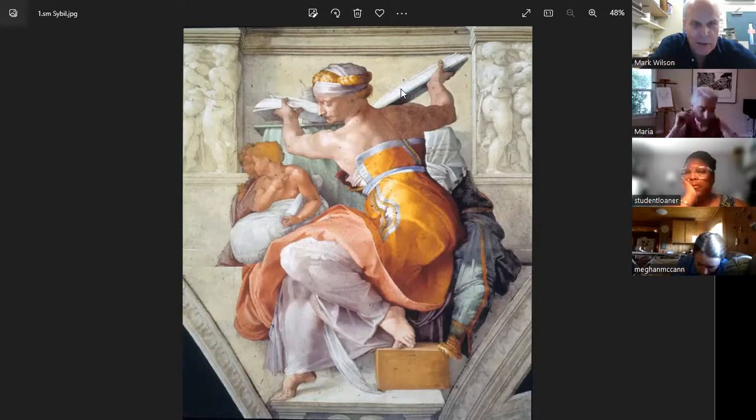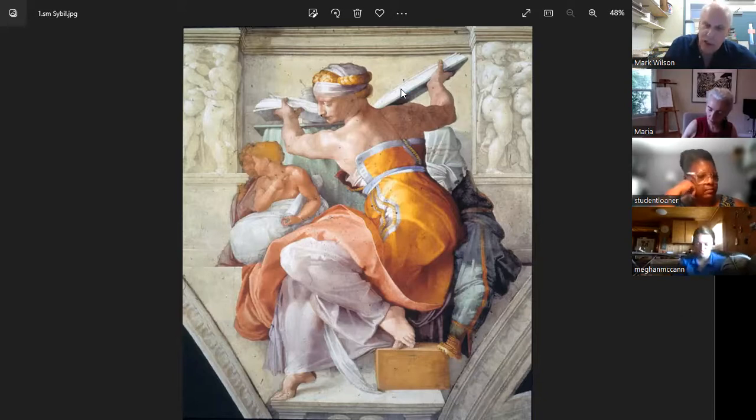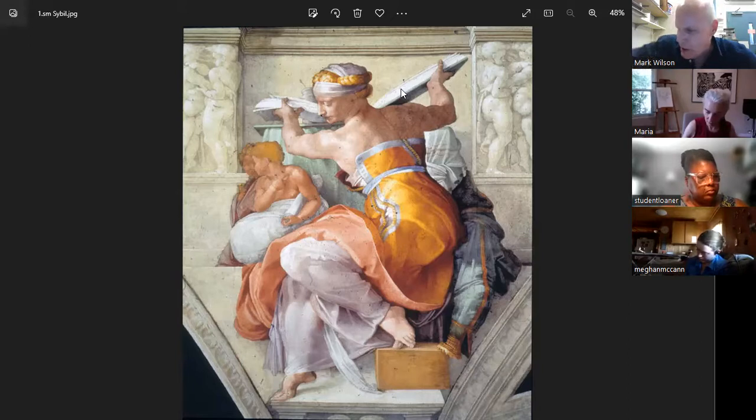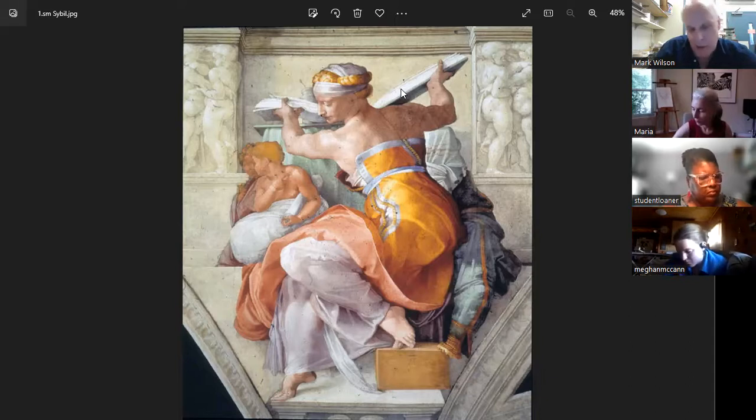So that's the main part of the meaning, but there's two other parts of the meaning that you should have in your notes. One of which is, what style is it? Well, this is High Renaissance, just like it sounds. Now, the word Renaissance is also on your list of terms. And that's a period of art, and it's only in Europe. Now, we're covering world art, but we're starting out with this, right? So it's a period of art